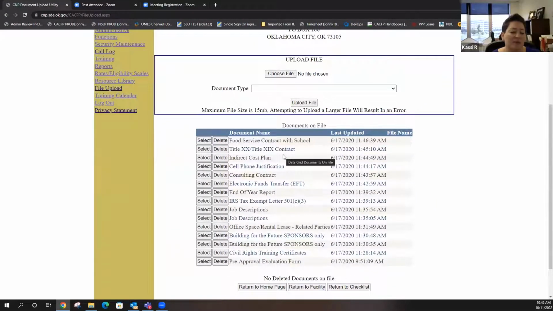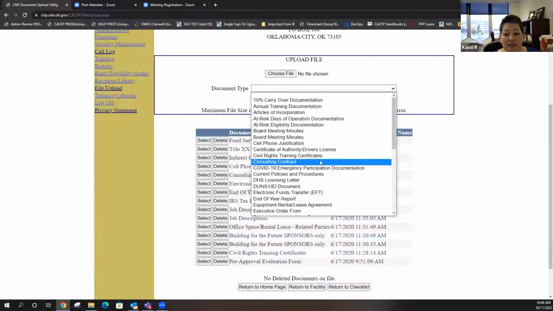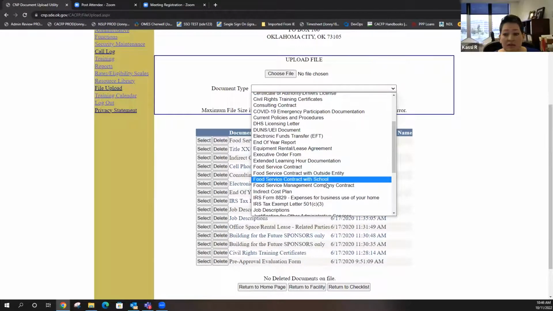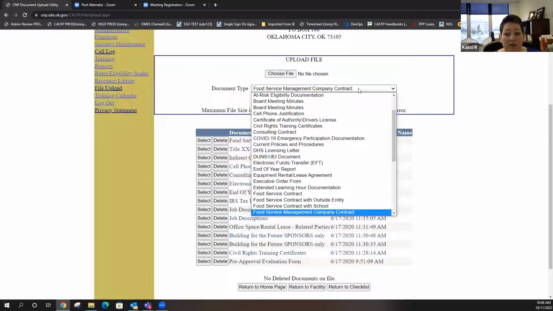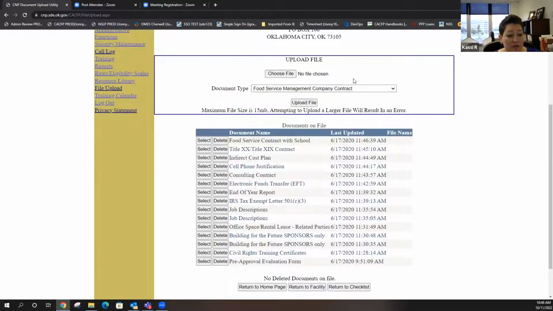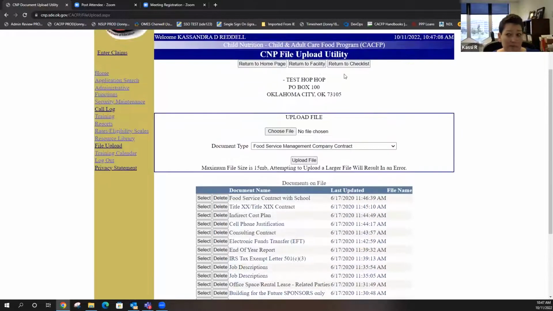Yes, we do call it something different. We're trying to change that terminology. But you should see something uploaded that says Food Service Management Company contract, if we have it on file. For example, if you use Keystone, we need to have your Keystone RFP in here. If you don't see it, we need to get a copy of it. To expedite, send a copy to Jennifer Pryor, so she has it right there and doesn't have to dig it up in our files. But it might already be there, I don't know.